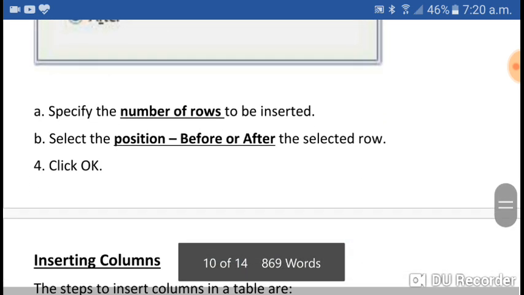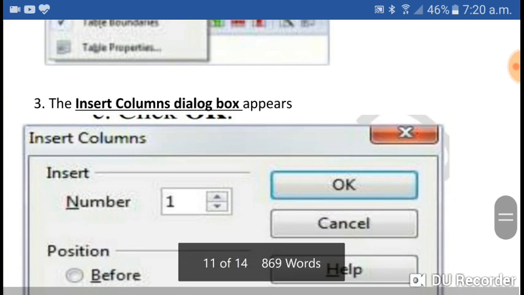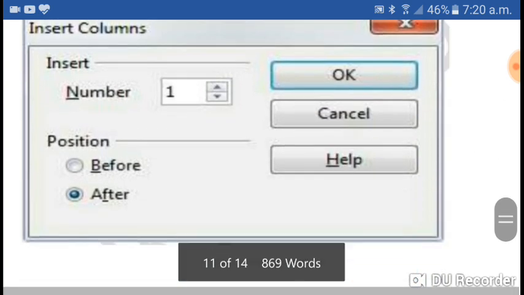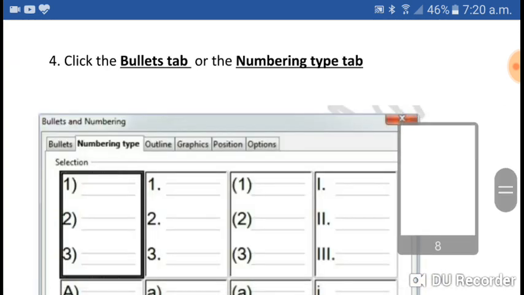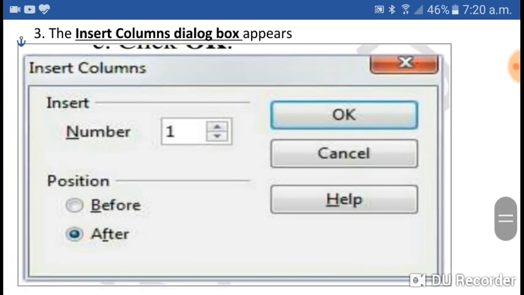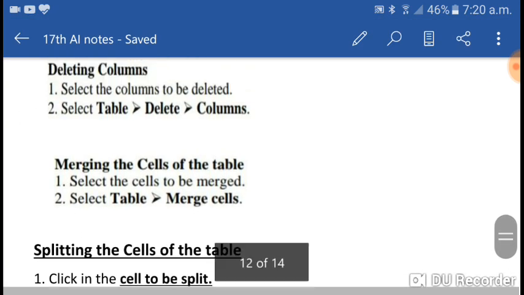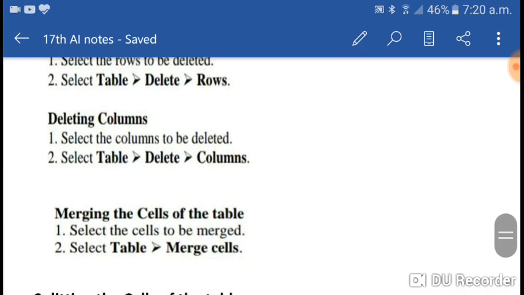Next, how to delete columns. Let us move to our position where we were. Inserting, deleting. Yes, how to delete columns. Now select the columns to be deleted.